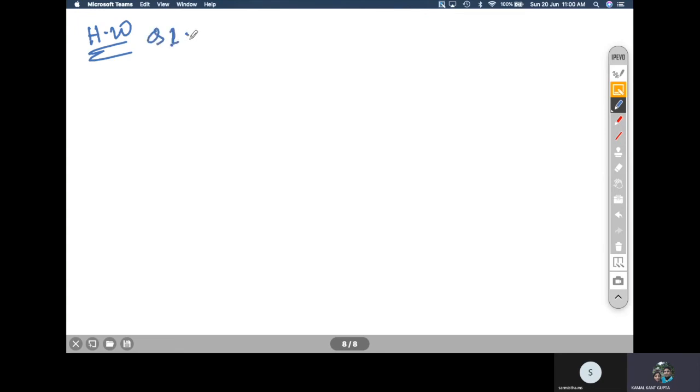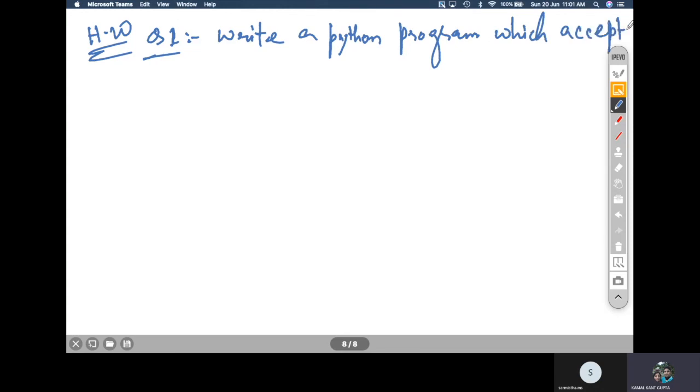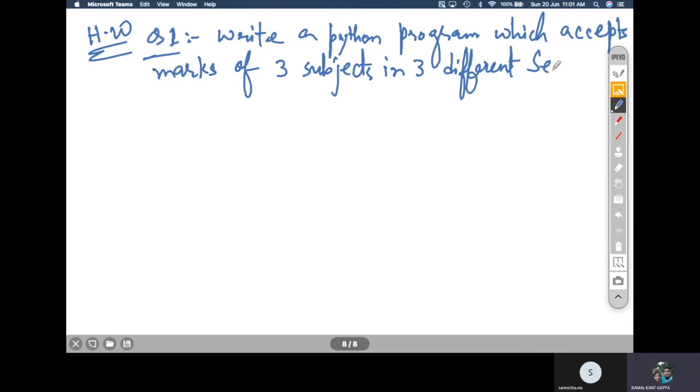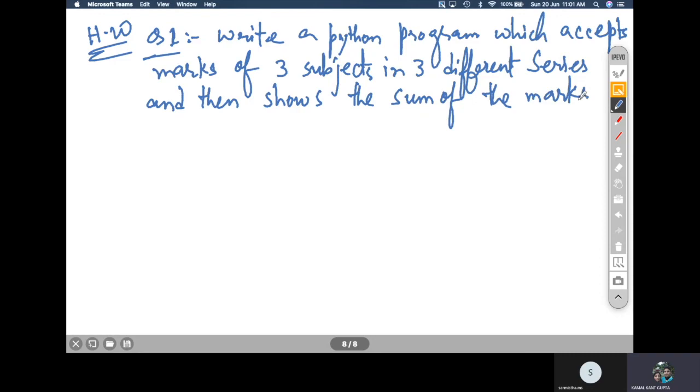The homework is: question number 1. Write a Python program which accepts marks of 3 subjects in 3 different series and then shows the sum of the marks obtained.